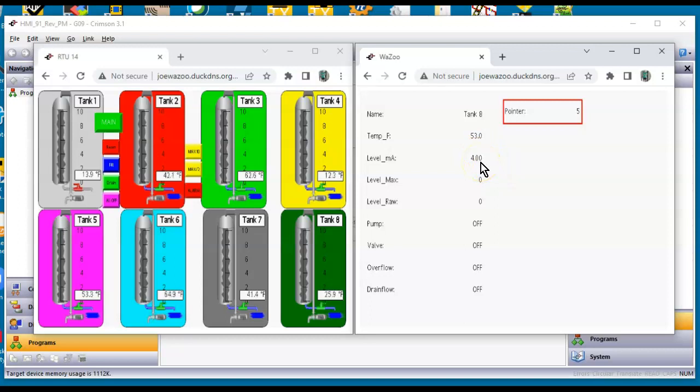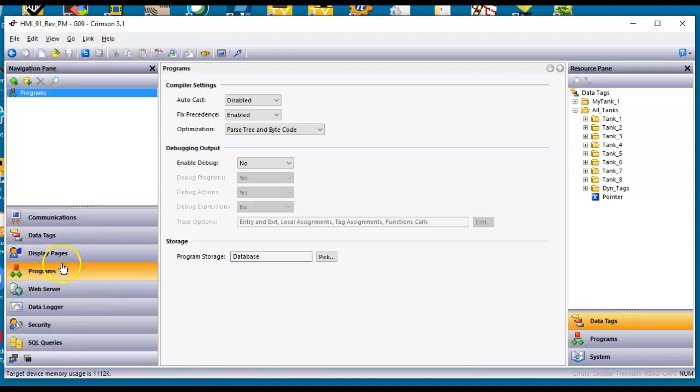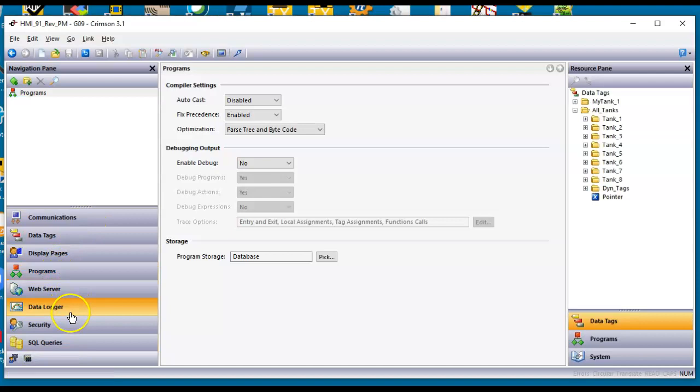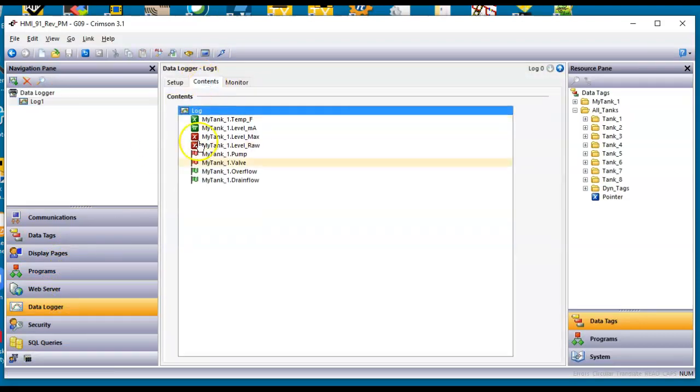So I just want you to remember that, because in order for me to get all these tags to update, unless I'm using them somewhere else, what I'm going to do in Crimson is make Crimson the driver scan those functions or those GetIntTag values all the time. In this example, I'm going to go over to the right side and go to data logger. I already have a data logger running, and by the way, ironically it's monitoring the tags from the class,